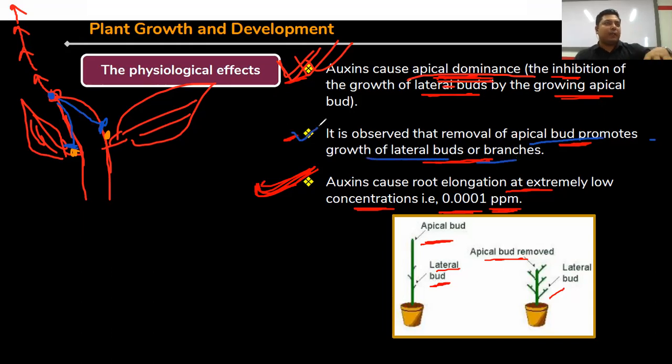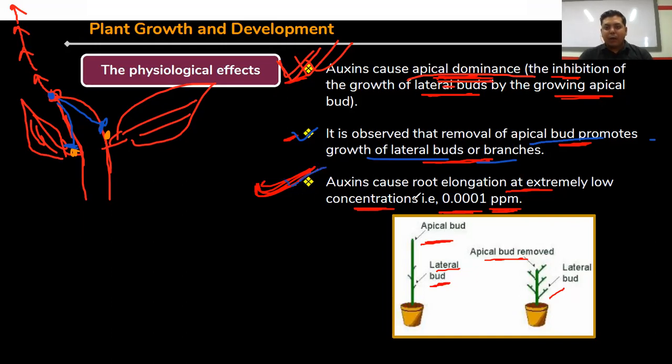So in gardens where we are planting some plants, sometimes we just cut the head of the plant, right? So these plants are getting bushier, right? How? Because at the tip of the plants, auxins are present. Now we are cutting the tip of the plants, and now these plants are getting bushier in nature. Clear? This is very helpful in the gardening of several plants. So this is the main function of the auxin plant hormone.